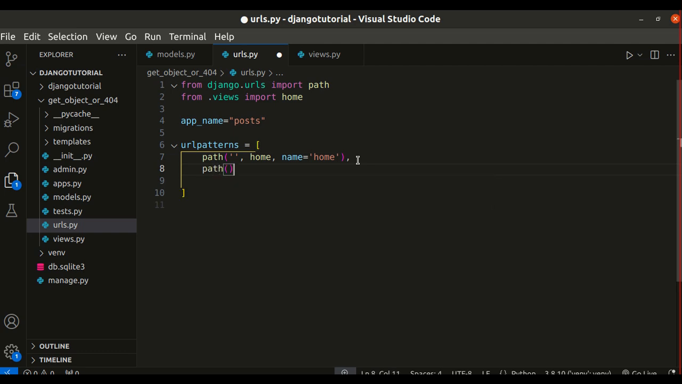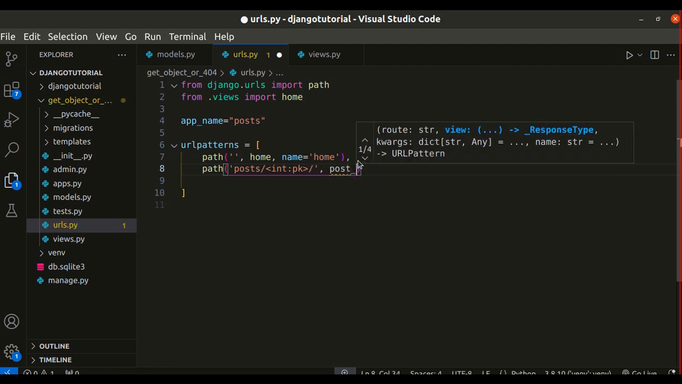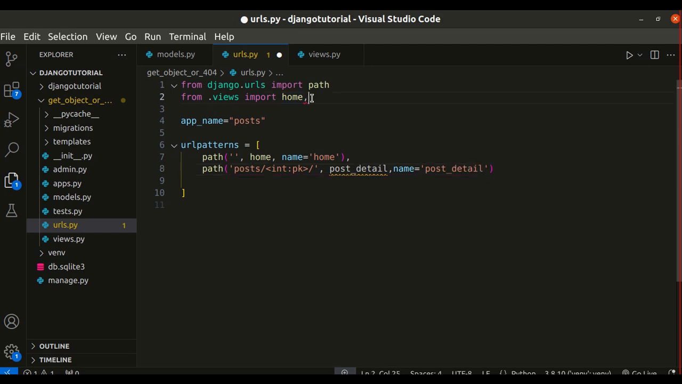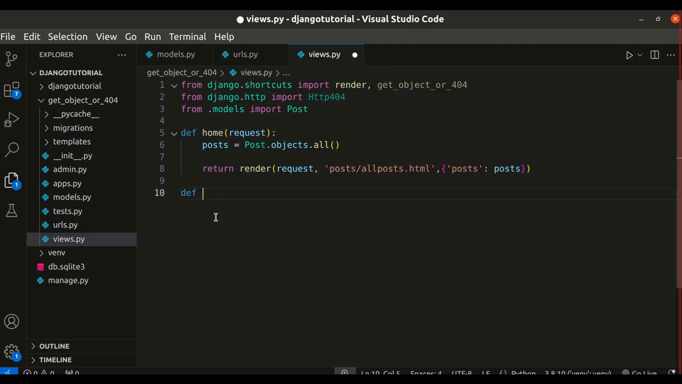So it'll be path, and then the URL for the show page will be post followed by ID, and then the name of the view will be post_detail, and just write the name as well, post_detail. And we will need to import post_detail from our views file as well. If you go to views.py, now we need to create a post_detail function